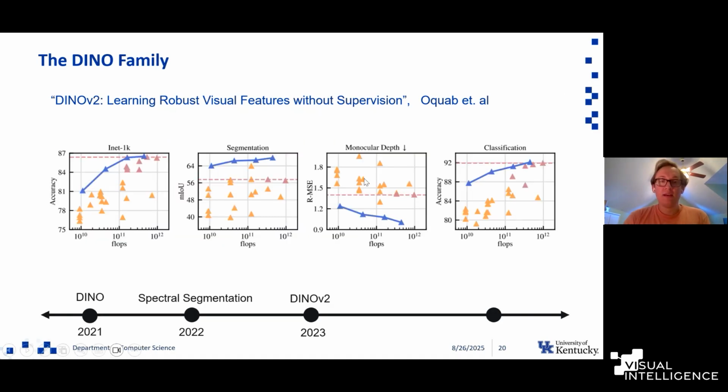And they explicitly were looking at even more emergent tasks. So we have segmentation, we have clustering, we have depth estimation now, where the model can predict the depth of objects in the image, and also just general classification tasks. And there's many more discussed in the paper as well. But the capabilities of the models over the years are just getting more and more visible. People are applying these models to more things.